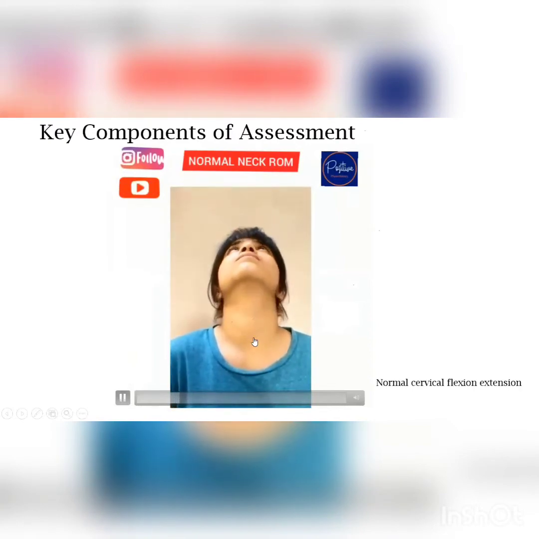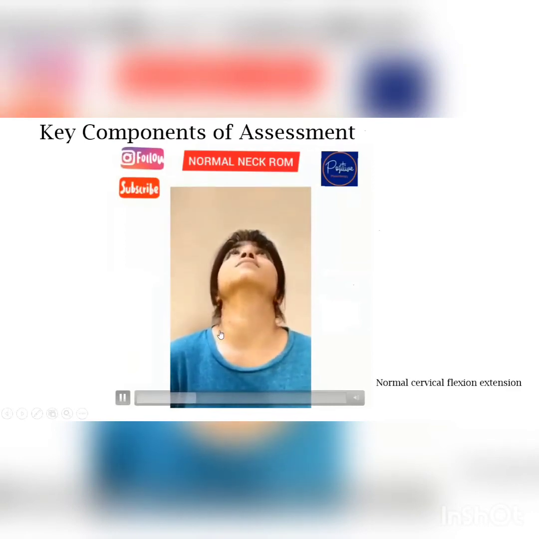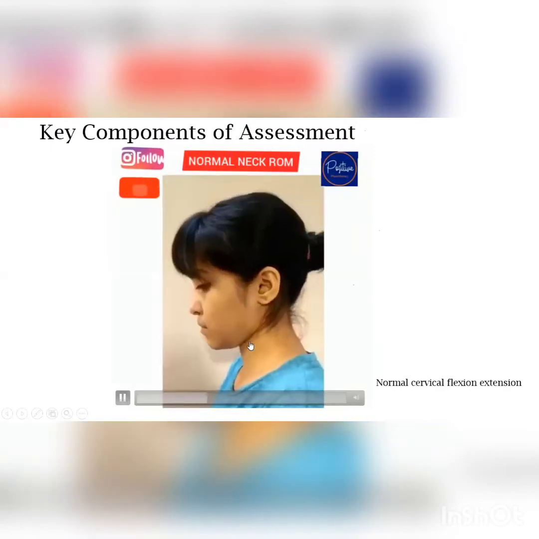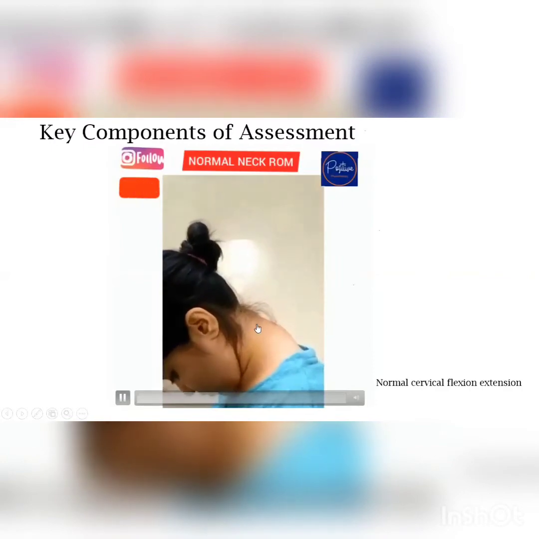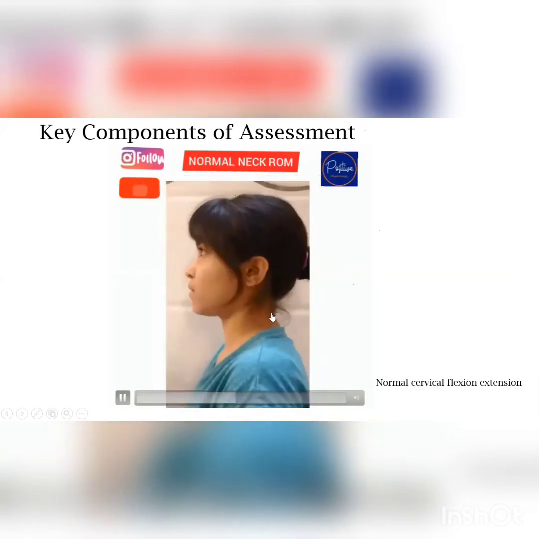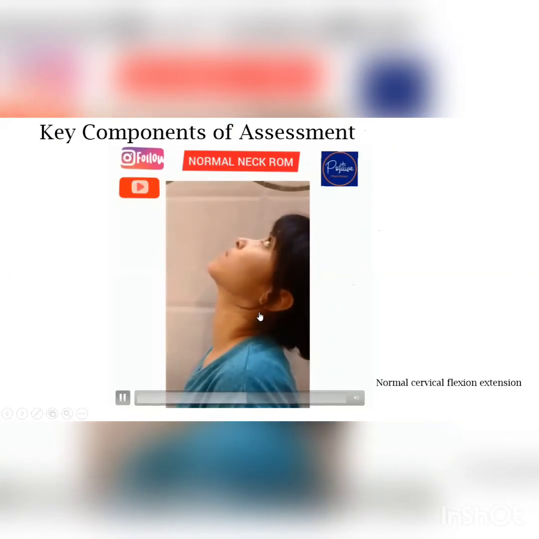If you can see, there is concurrent movement of your lower, mid and upper cervical when she's going into extension with no accessory muscle role seen. There is no activity of your sternocleidomastoid or your scaleni which is seen here. Okay. So as she is going into flexion and extension, there is a good movement happening throughout her upper, mid and lower cervical spine. So this is the lateral view.